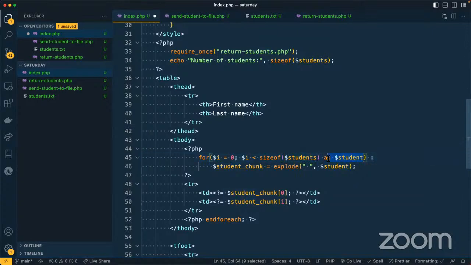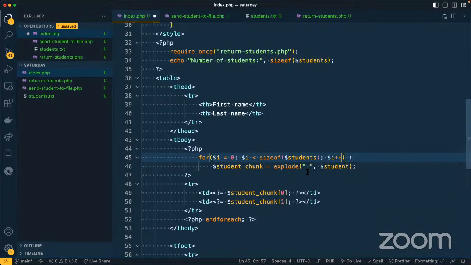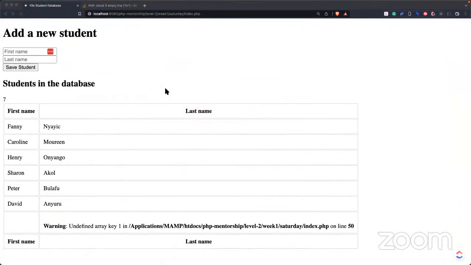Then we remove the as and we say I plus plus. Then we can come over here and explode the student at I, and then we close the for, and the rest remains the same. And if we come back,